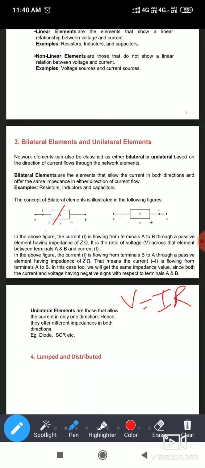Now if you are reversing the current, you send the current in this direction, and voltage will be dropped